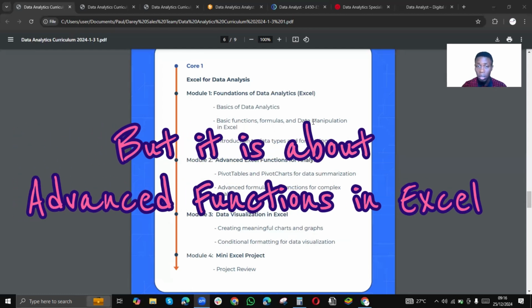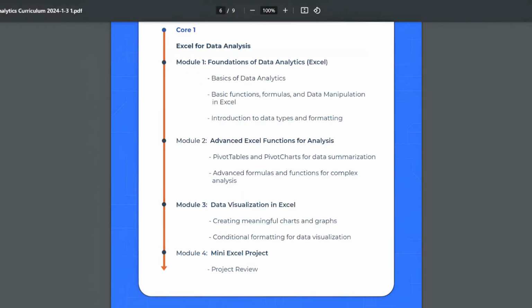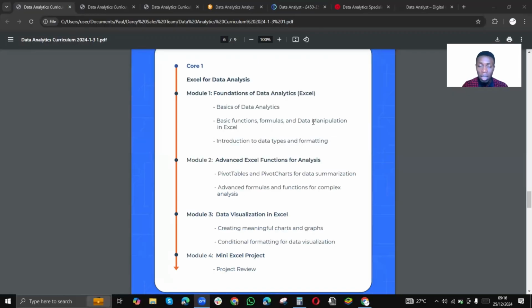But we are talking about advanced functions in Excel. Without advanced functions in Excel, you might not be able to handle some larger data sets. In fact, you may not be able to perform some operations, data manipulation, data formatting, and at the same time, data summarization on some data sets, because it goes beyond the ordinary day-to-day average use of Excel that people use, up to the point where you can create storytelling and tell the story of the insights and ideas you've gotten from the data you have analyzed. So you want to learn this precisely to be able to get started.